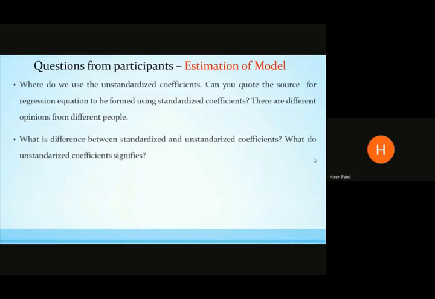To make it simple, if you remember our example, CMAT score would be measured in terms of numbers. Sleeping hours would be measured in terms of time. The measurement unit was hours. Reading hours, again the measurement unit was time. So there were at least two different measurement units we have used. One is time, the other one was just the number. CMAT score is just the number. And because we club all three together, whenever this kind of situation arises, we should always use standardized coefficients.